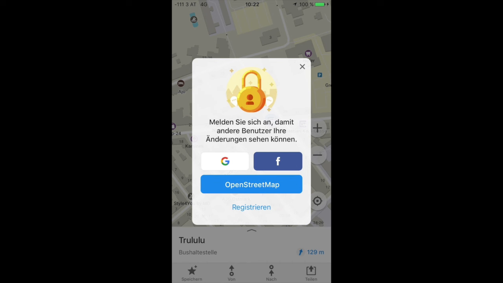The problem here is you are going to be prompted with every change to the map that you make that you should log in. You will have to dismiss this message every time, because if you log in, then your changes will end up on the OpenStreetMap, and you might end up getting a mail from me telling you that that is not supposed to be. So yeah, please, if you make changes in maps.me, do not sign in with Google or Facebook or to the OpenStreetMap, except if you really want that every change that you make on this app gets online